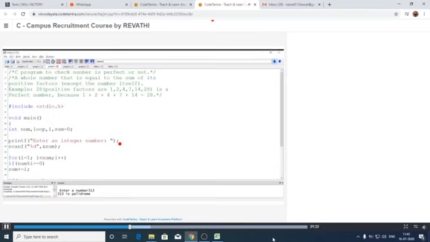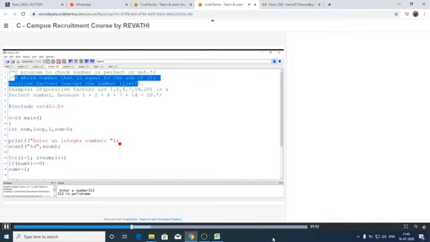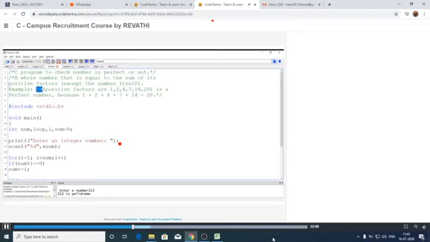First of all, let us see what is meant by a perfect number. A perfect number is a whole number that is equal to the sum of its positive factors. First of all, we have to write down the factors. Factors are the natural numbers by which the given number is divisible. For example, take the number 28. The factors are 1, 2, 4, 7, 14 and 28.